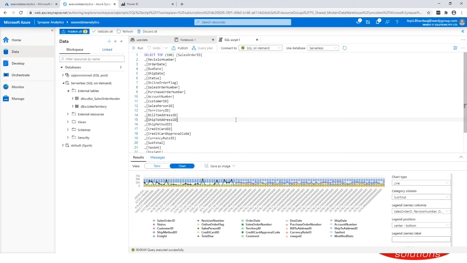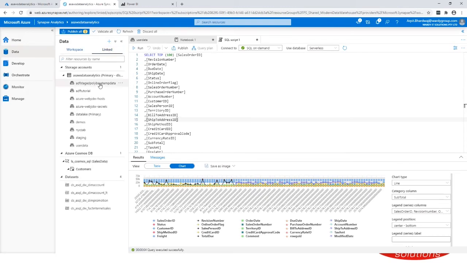So what we have seen is that once we have provisioned a pool, either a provisioned form factor or serverless, we have the ability to execute a SQL command or SQL query right from this console. Let's extend this functionality a bit further, and I would be going into the link section, which is next to workspace. Within the link section, we can find the external services which we have linked,